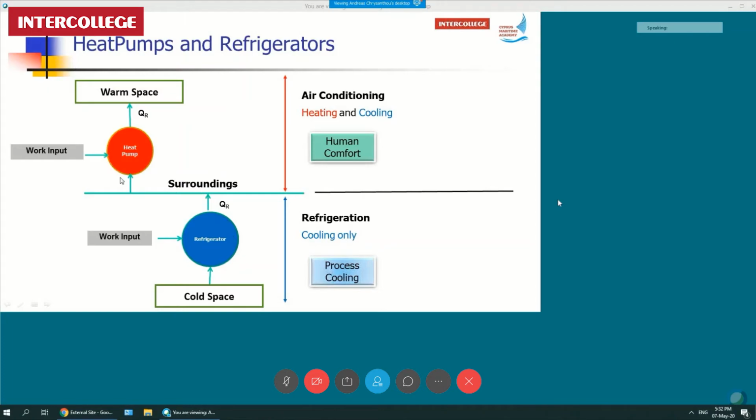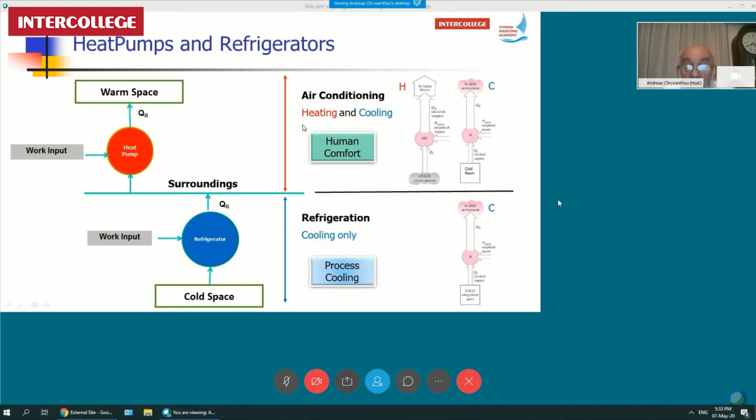The heat pump does exactly the same thing as the refrigerator, but it takes, again, heat from a low temperature like the surroundings, and pumps heat into a warmer space like our houses. Again, using a work input, which in this case is the compressor. And the heat pump can work either in heating or in cooling. The refrigerator can only work in cooling mode, which is a cold space, and